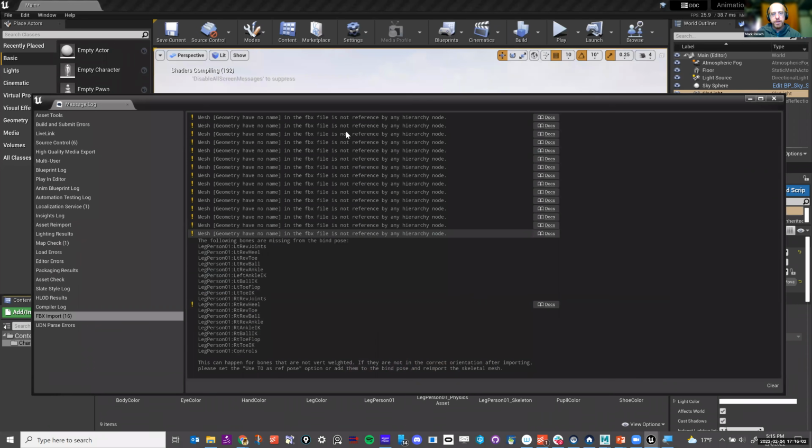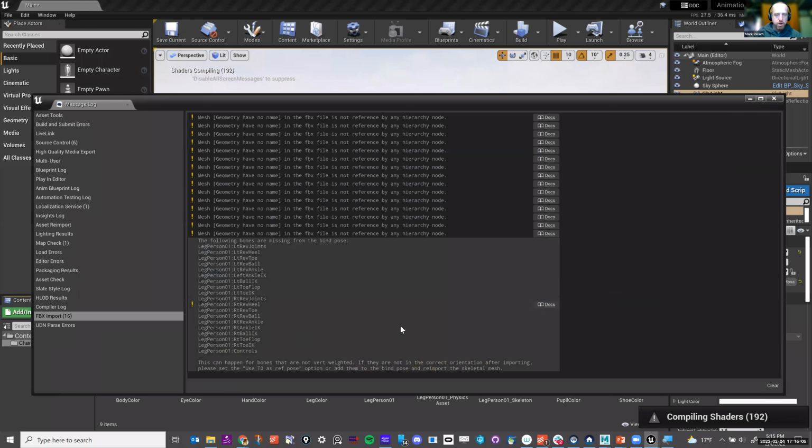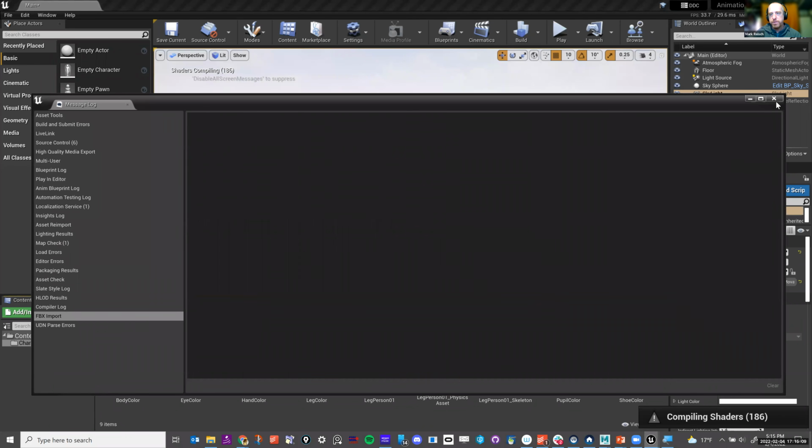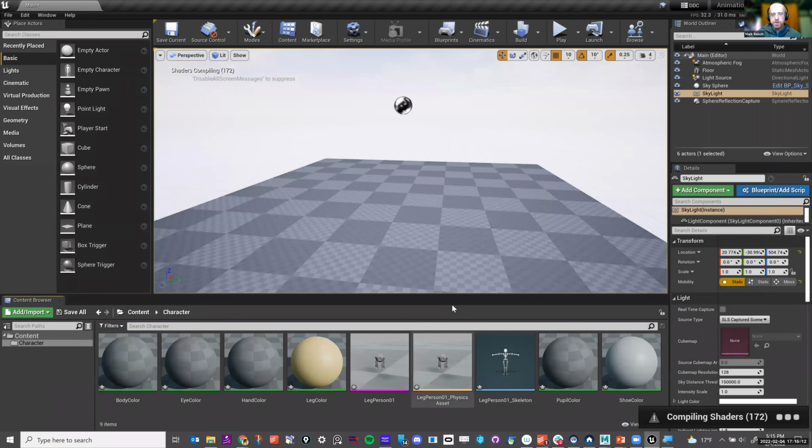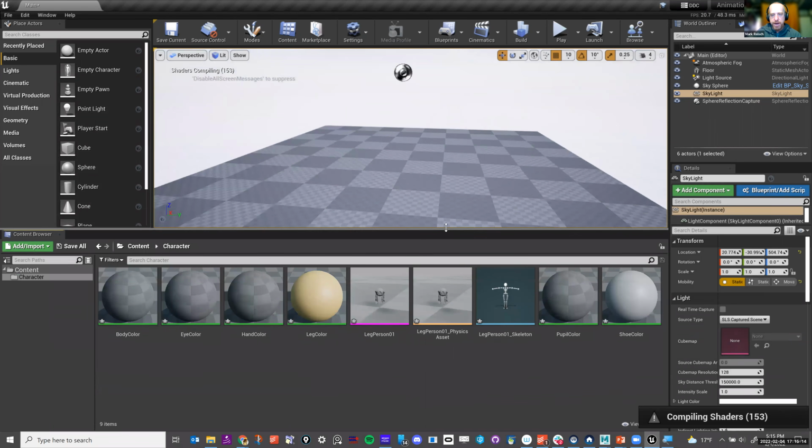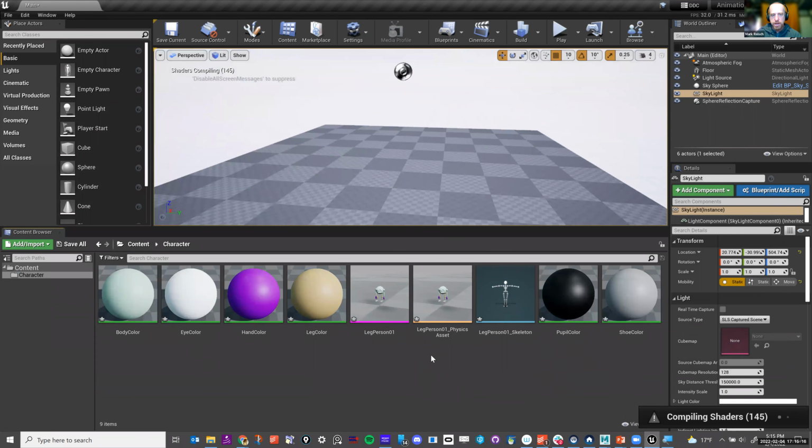And it's doing all the things, and it says, oh, you might have some problems here. Okay, fine. I may have some problems, but we'll see what happens. So I'm just going to close that out. And then you can see I have my character here. There are a couple different things. In here, I have the textures or the shaders for my character. These are all those shaders that we applied, and those all come in to Unreal because we placed them in there from Maya. So that is something that you're going to want to have.